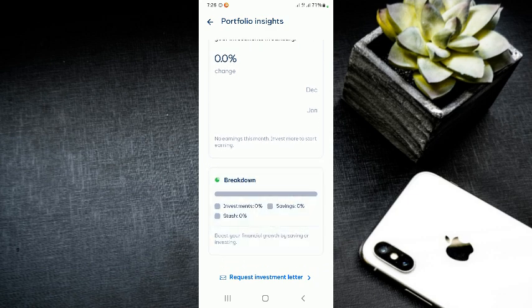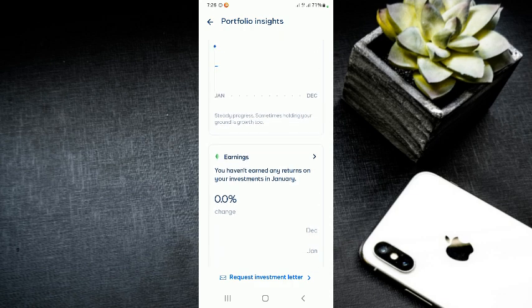this is the breakdown. That's how to see your portfolio insights in